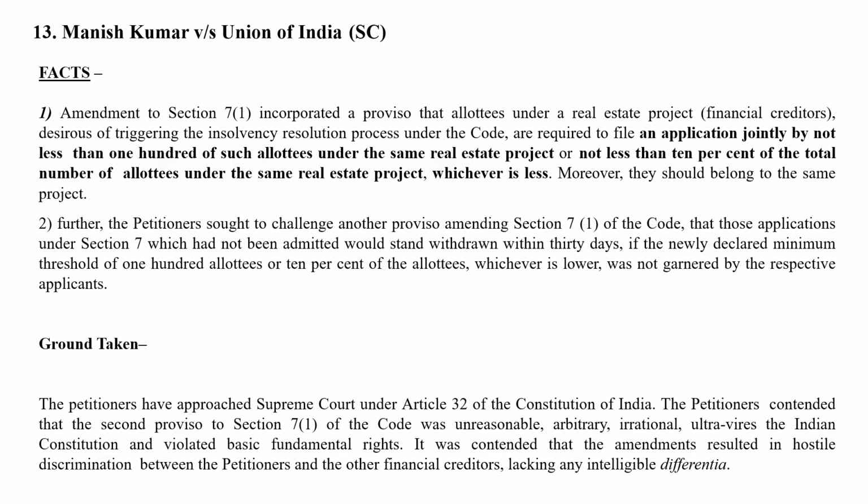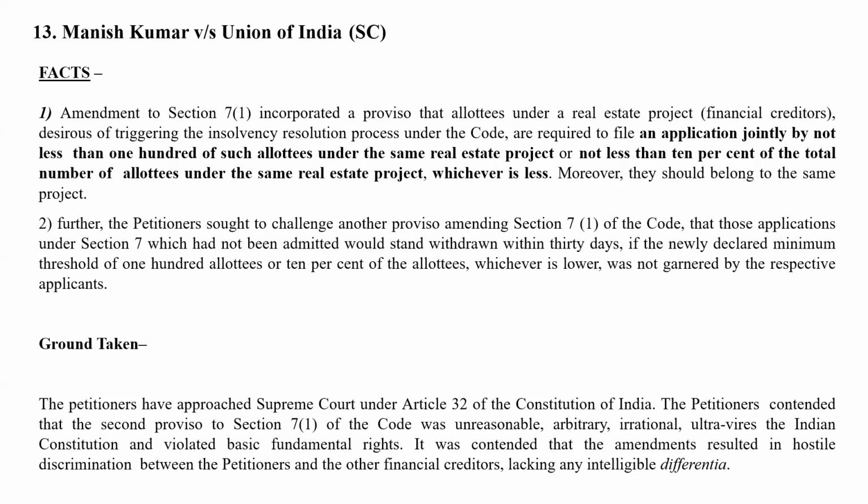नेक्स्ट केस था हमारा मनीष कुमार वर्सेस यूनियन ऑफ इंडिया। इस केस में क्या था, अब आपको मालूम है कि सेक्शन 7 सबसेक्शन 1 में एक प्रोवाइजो आ गया था, है ना, क्योंकि होम बायर्स का शुरू से ही प्रॉब्लम चलता रहा। भाई बिल्डर लॉबी भी है ना। अब बिल्डर लॉबी कहती है भाई पहले तो 1 लाख रुपए की लिमिट थी ना, और एक होम बायर का भी अगर कोई डिस्प्यूट हुआ, 1 लाख रुपए का भी डिफॉल्ट हुआ, तो वो कंपनी को IBC में ले आता था। 12A भी नहीं था उस टाइम।